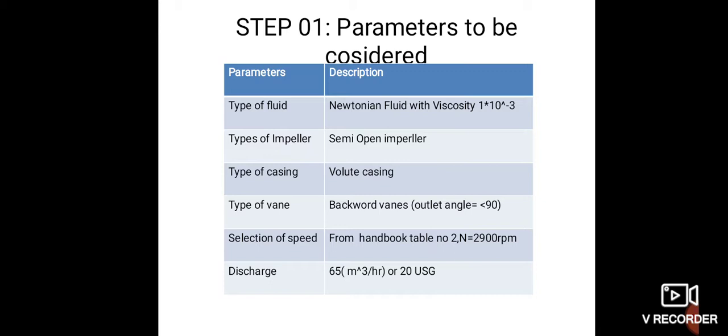Then the selection of the type of impeller. How to select the type of impeller? There are three types of impellers in the market. First is the open impeller, then the closed impeller, and the semi-open impeller. Depending on the type of fluid, or the debris or dust particles available in the water, we select the impeller. If you talk about the open impeller, it is used if the fluid is very dense, the viscosity is high, or the number of debris or dust particles is large, or pulps.